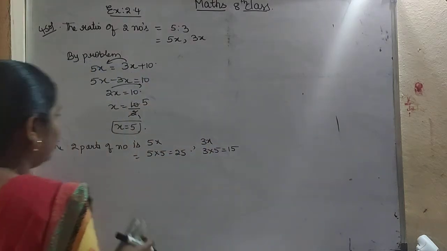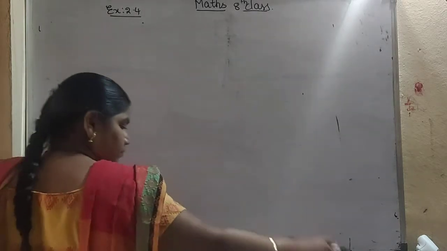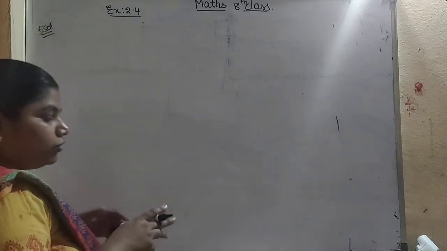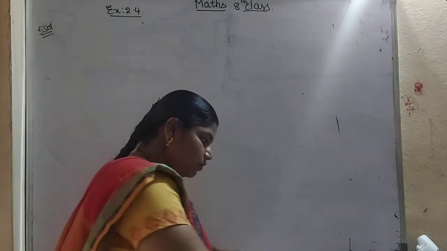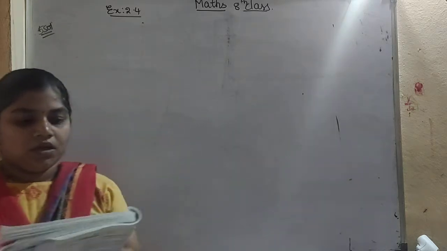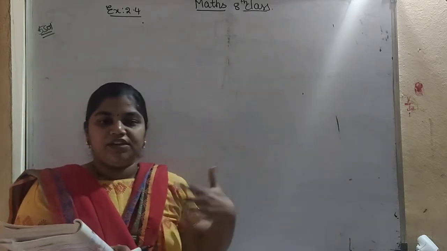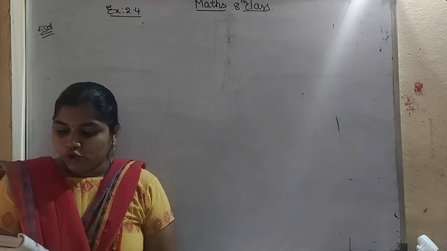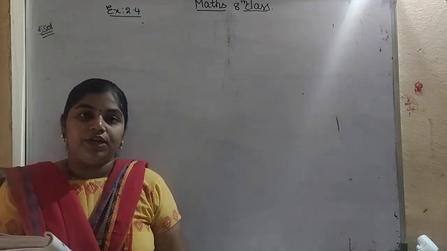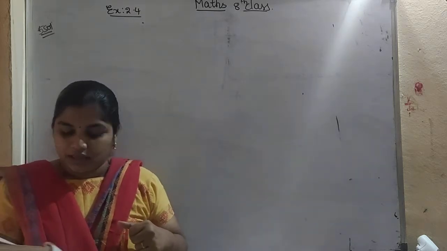So next one, fifth one. Fifth solution. Here, when I triple a certain number, that is 3 times a number, and add 2, I get the same answer as when I subtract the number from 50. So find the number. We have to find a number, and I am taking it as x here.